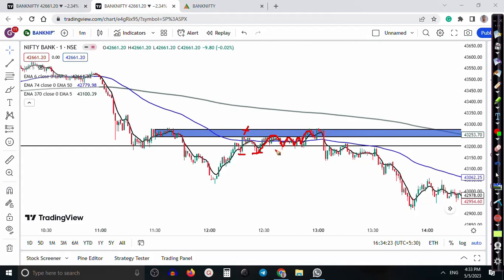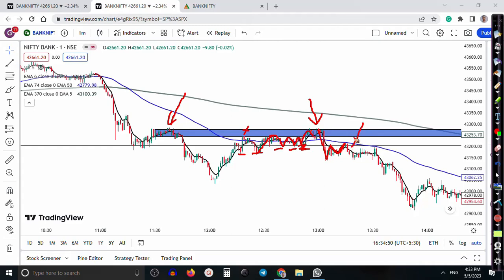Finally price bounces off this supply zone. Once price hits this supply zone and creates a new lower low, have you seen? That was the previous low and that created a new lower low, and once again price goes a little bit here,